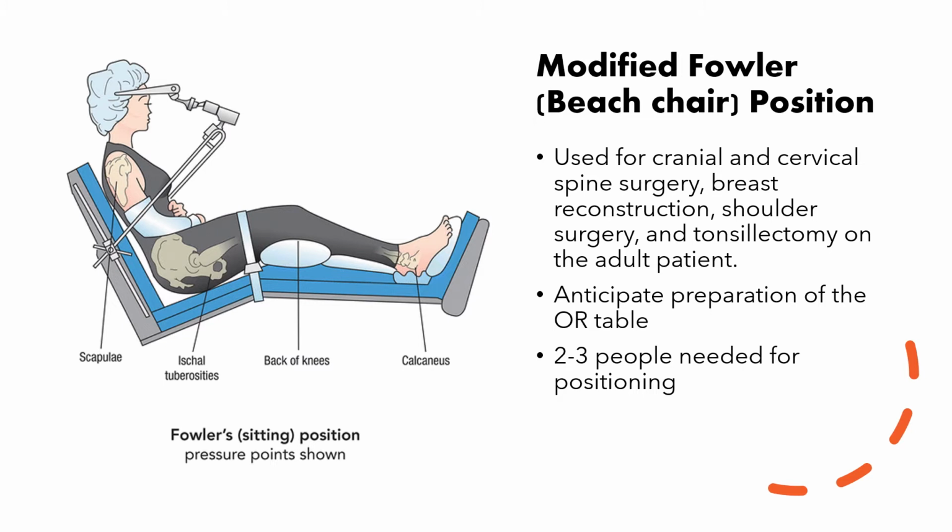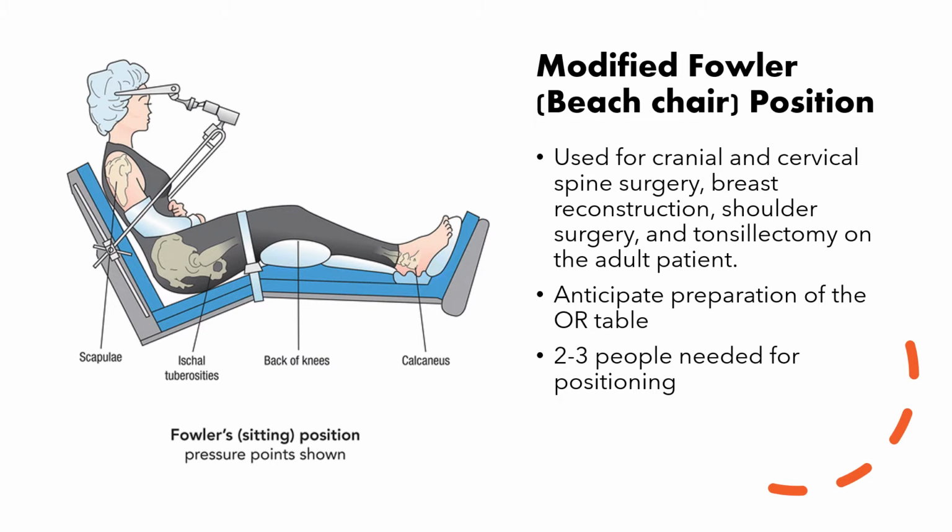All right, so Fowler, which is sitting or semi-sitting, may also be referred to as the beach chair. The back is going to be nearly vertical and the knees are going to be flexed, and sometimes they will tip the table back just a little bit, slightly into Trendelenburg. This position is typically used for cranial and cervical spine surgery. It can also be used for breast reconstruction surgery, shoulder surgery, and sometimes when they are doing tonsillectomies on the